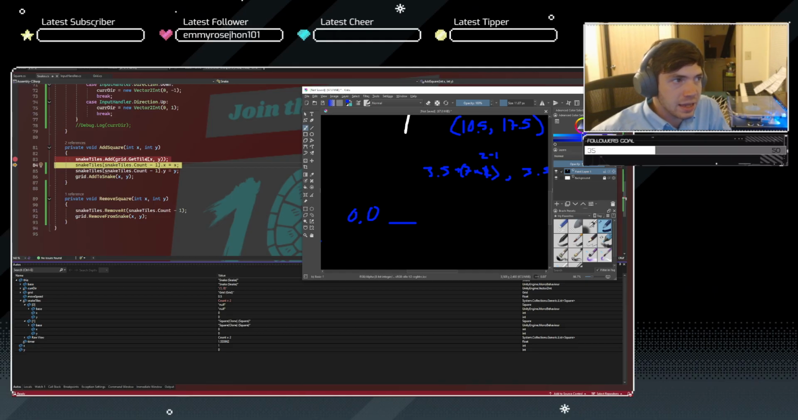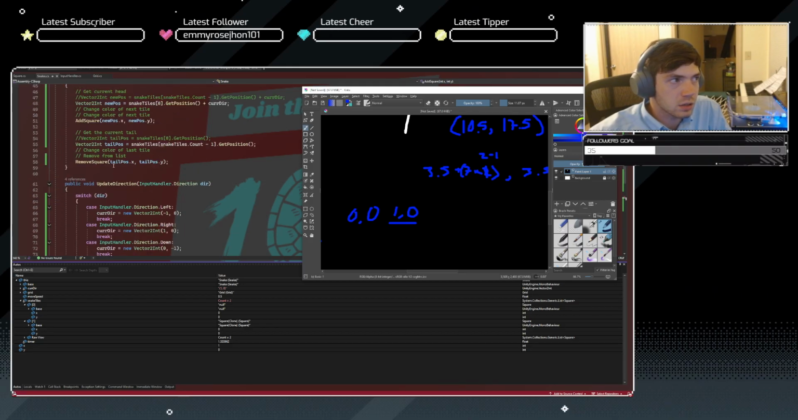But adding that tile gets you that specific tile, but it doesn't give you the position, or the position still isn't set, so you have to set the position at that last one where you added it. Then you added the snake. Then you have to remove the old square. And you want to remove